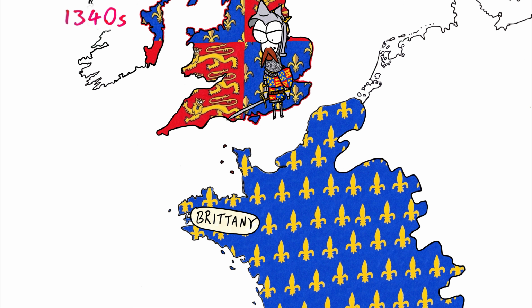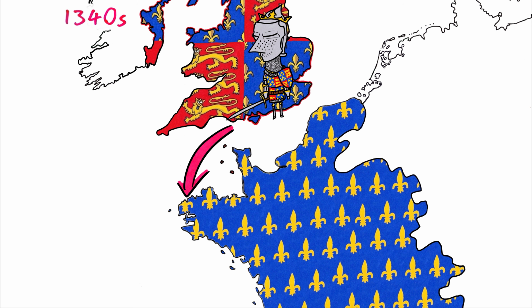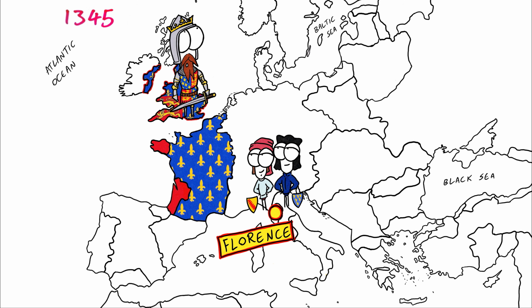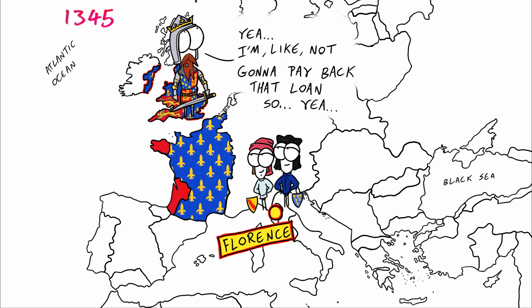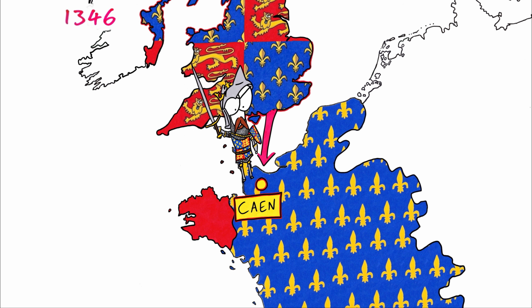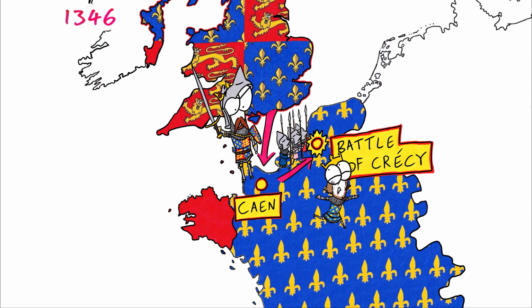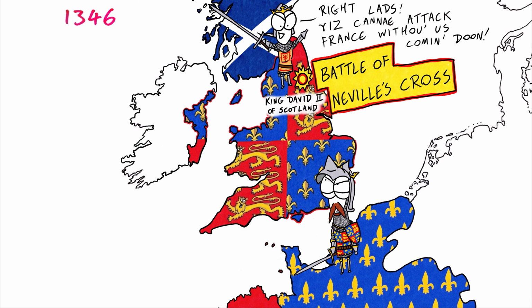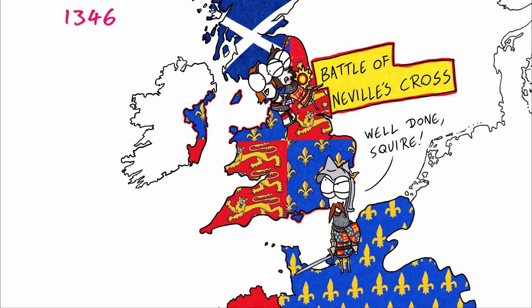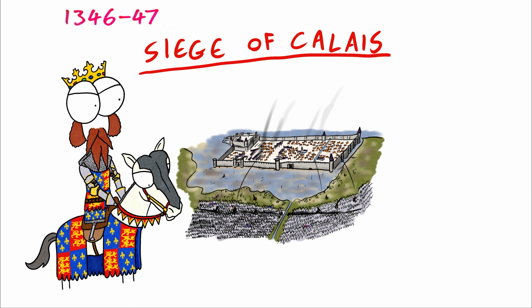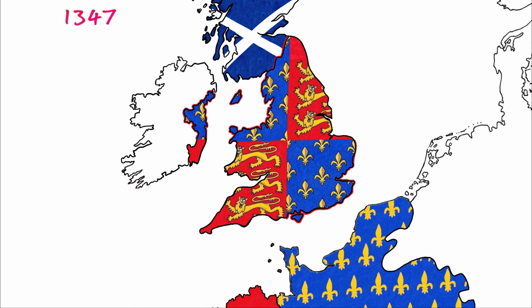Edward initially sent forces to the politically unstable Brittany, gaining some territory, but nothing too advantageous. At the same time, the king defaulted on his debts to two Florentine families, causing them to go bankrupt. Cool. The war cranked up a gear in 1346 when Edward led an army across to Normandy, sacking Caen and defeating Philip VI's forces at Crécy. At the same time, Scotland invaded England. But the Scottish King David II was captured in battle, which spurred Edward to lay siege to Calais for 11 months, securing the closest crossing point to England.